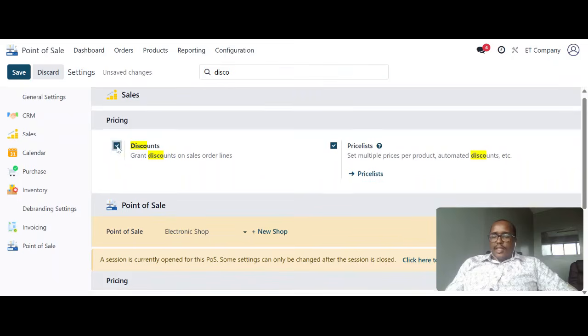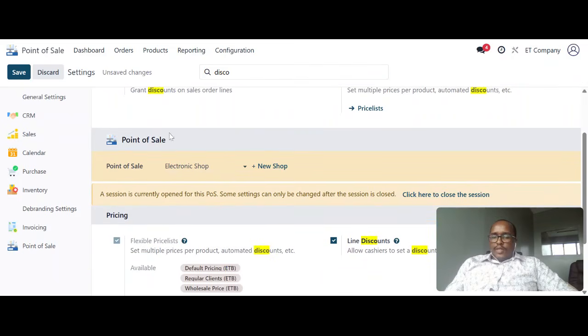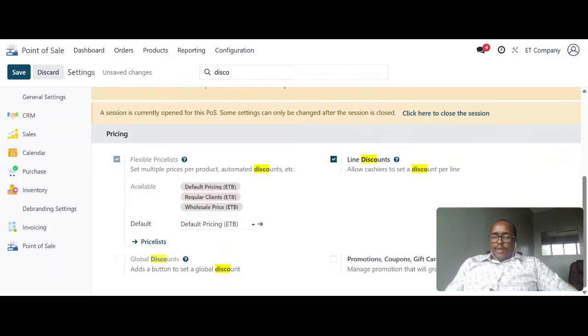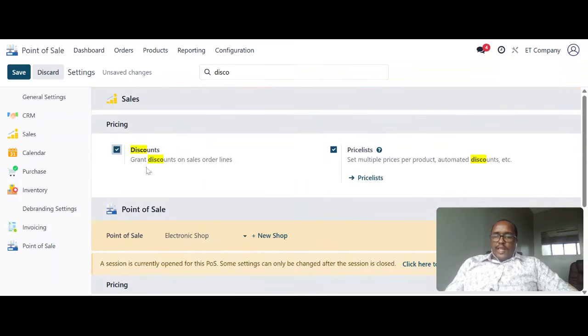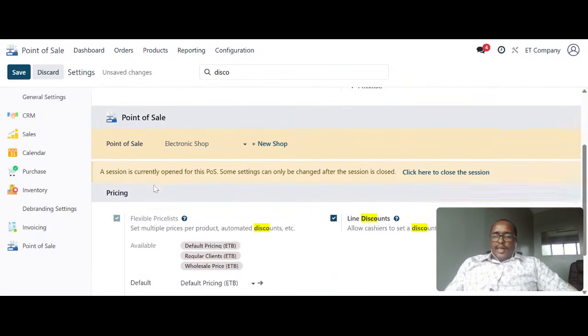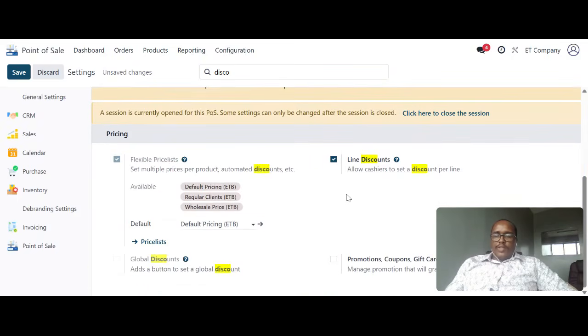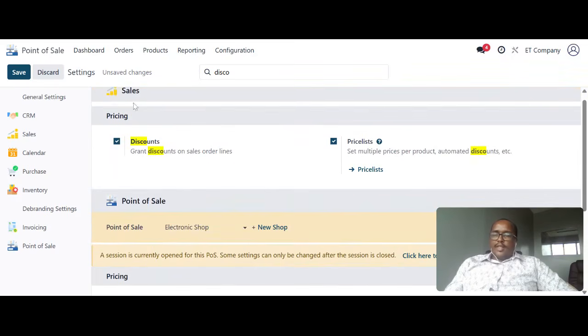So this is on the sales, but for the point of sale, this is where we're going to have the promotion coupons. So this one is on the sales application, as you can see, and this one is on the point of sale. Since we are looking at the point of sale today, I'm going to just select this one. I can deselect or just leave it like this. It doesn't have any effect on the point of sale app. So once I just save,